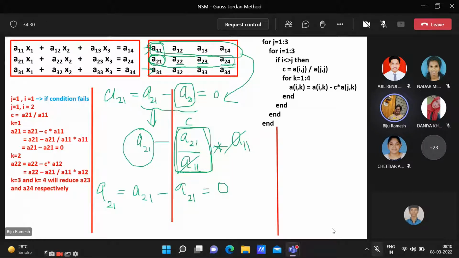Or you can also use the word scalar. No problem. When you are working in theory, when you are working out manually, you would have used the word scalar. You can use the word scalar. Scalar is nothing but a number. That's all. Here, why I use the word constant is because this is not changing